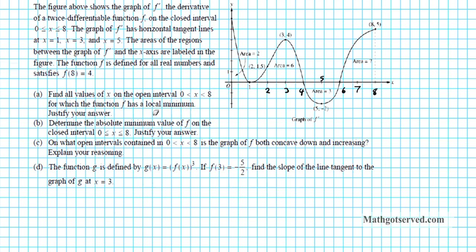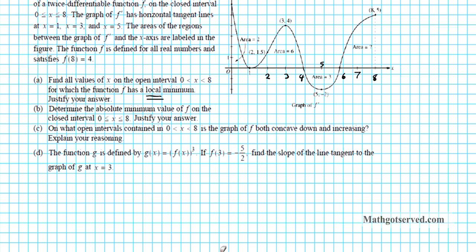Okay, f prime. So part A says find all values of x on the open interval 0 < x < 8 for which the function has a local min. Justify your answer. So you have to remember that we're looking for the local min here, so we do not consider endpoints. We're just looking at interior points, okay? So to find the local min, let's just write down the formula real quick. f has a local min